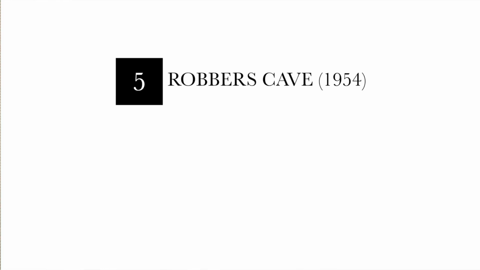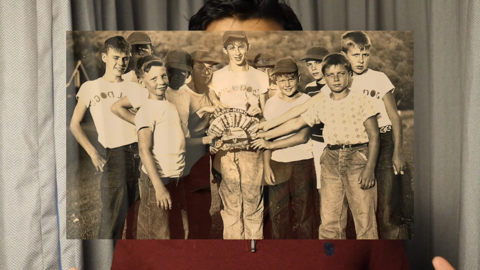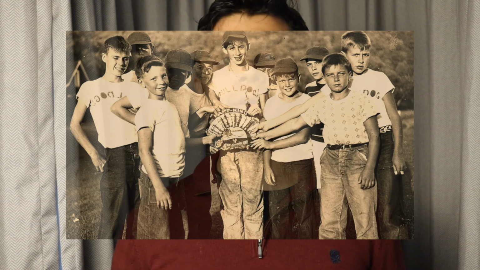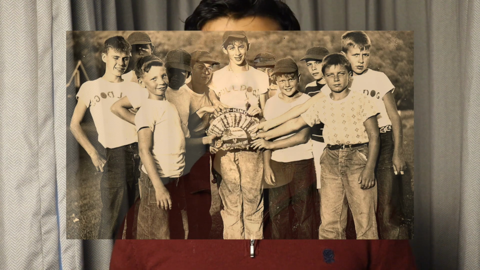And so for the final experiment, we are going to talk about another very famous study called the Robbers Cave experiment. In this experiment, young boys were recruited. I think they were like 11 or 12 years old. And they were all similar. They were all white and came from similar backgrounds. What the researchers wanted to test is, can you form groups within these boys, and would these groups be hostile to each other at some point in the experiment?